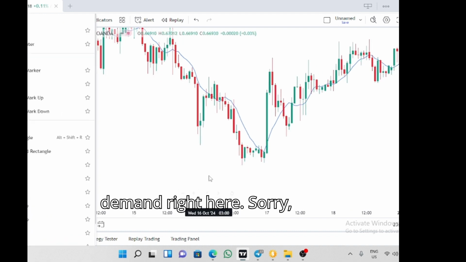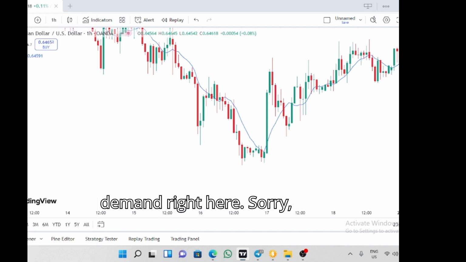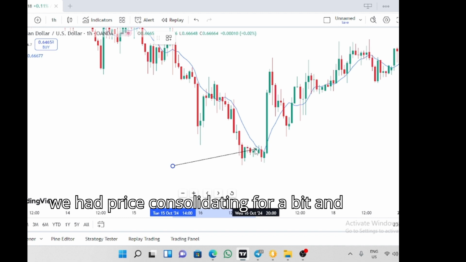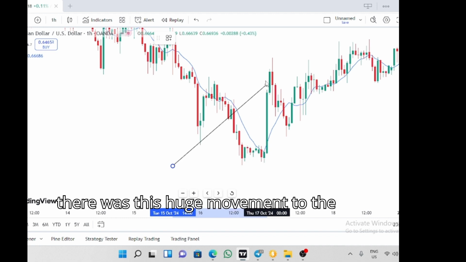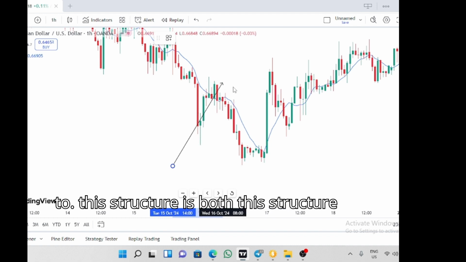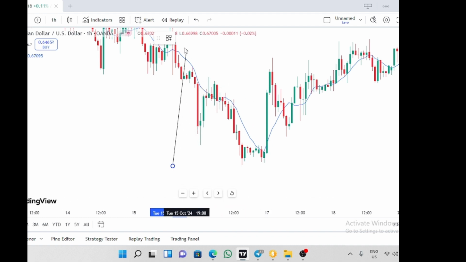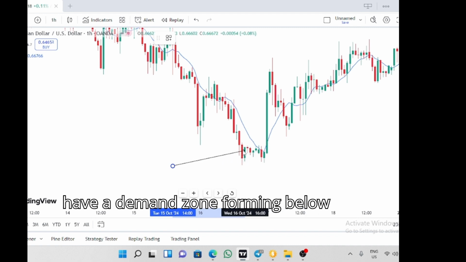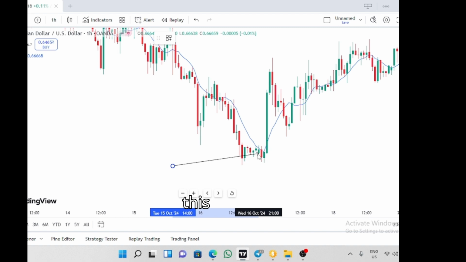We had price consolidating for a bit, and there was this huge movement to the upward. There's this huge upward move which took away this structure. It broke this downward structure. So we have a demand zone forming below this,